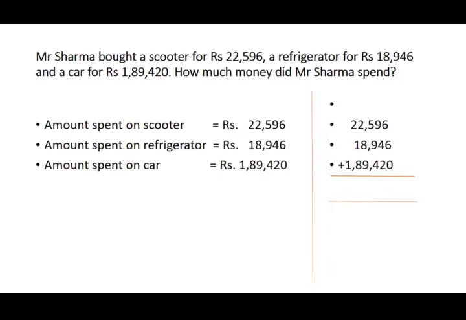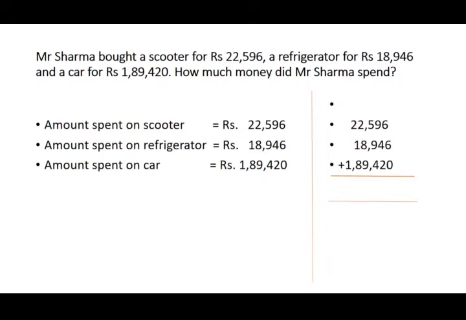Now, there is a red line in your horizontal book. After that, there is a rough area. You have to add the numbers, right? In statement sums, always do the calculations on the right side. Now write the 3 numbers according to the places. I am reminding you to follow the rules. While adding the numbers, you have to align the places perfectly. Then only your answers will be correct.